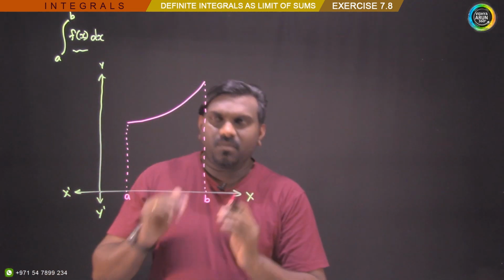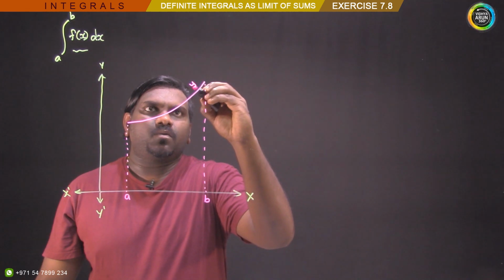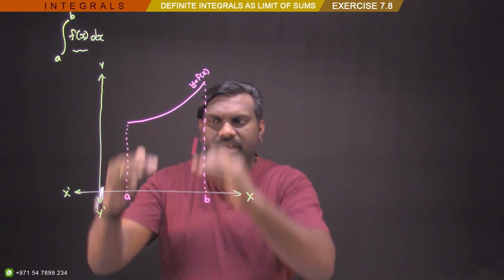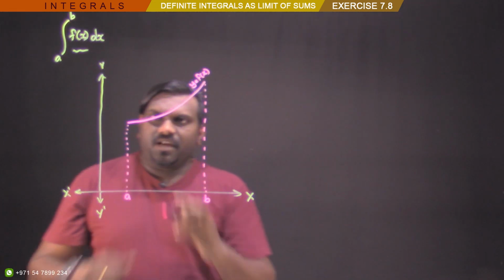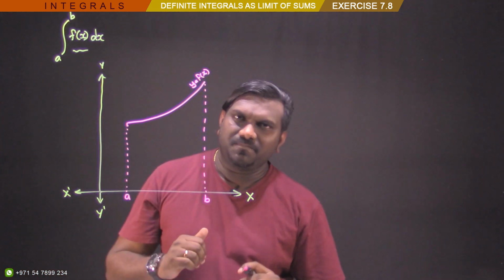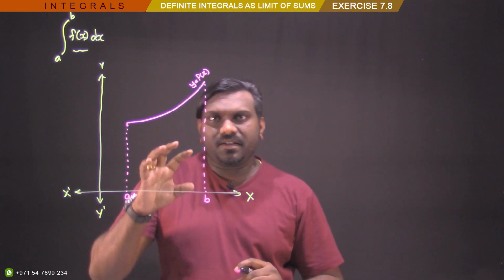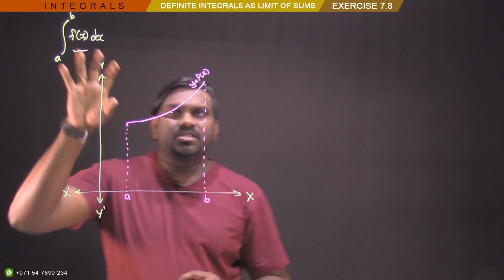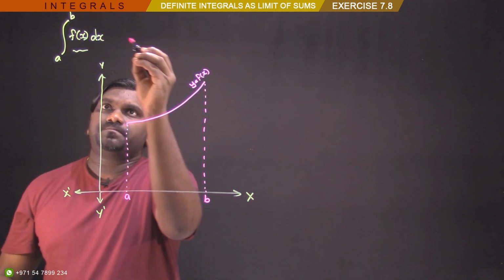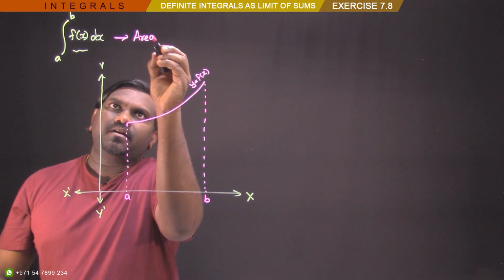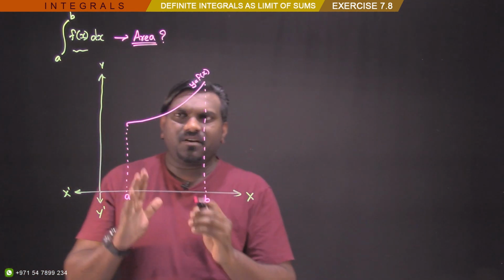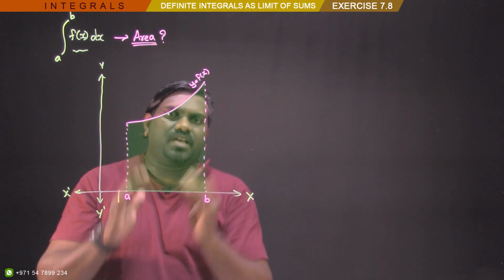Okay, so now as I have told you, what is this one here, this is nothing but y is equal to f of x. The values of f of x we get on y, this is just your value, the values of x. Fine dear, yes. Now this is a function which is in the positive coordinates of your x and y axis dear, which is above the x axis. And as I have told you, when you integrate this one with lower and upper limits, you are getting the area. And which area, that is important, you're going to get an area which is under these curves and these lines dear